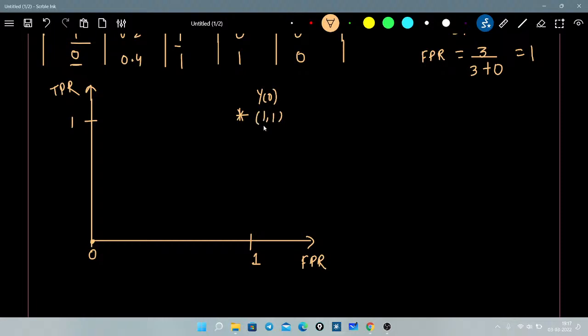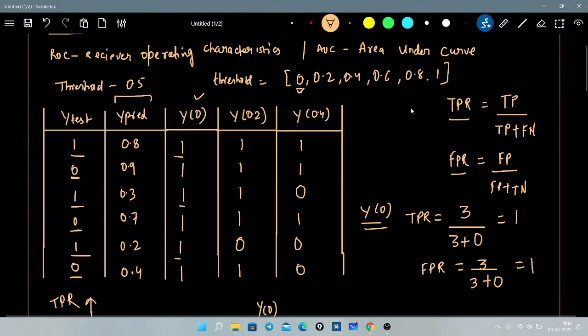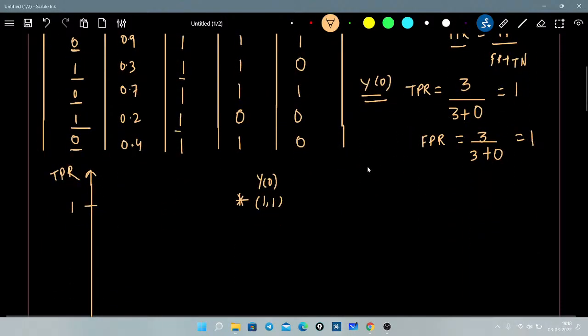Okay. Similarly, now let's plot for y of 0.2. Let me plot one more. So y of 0.2. So TPR is equal to,